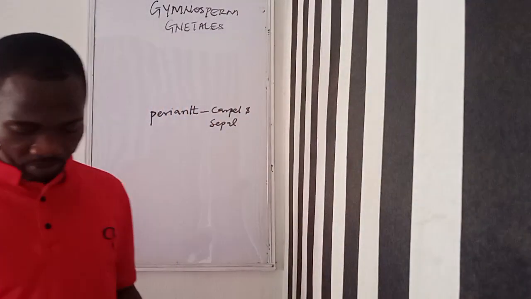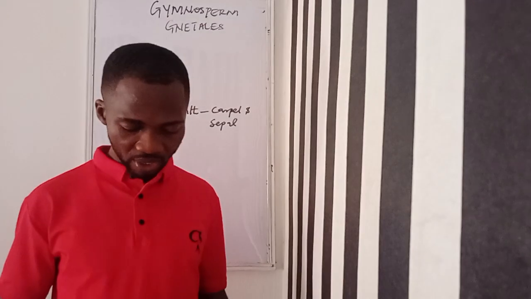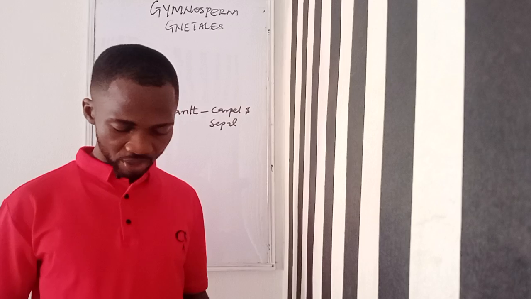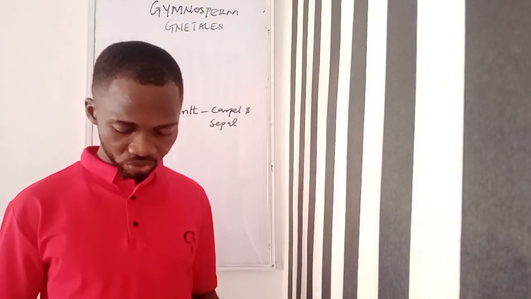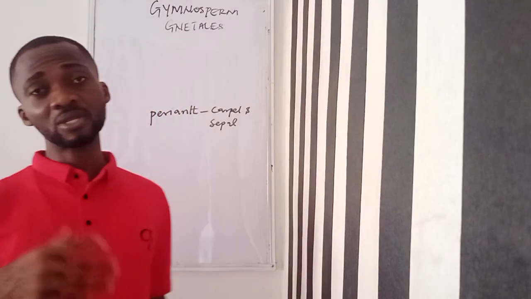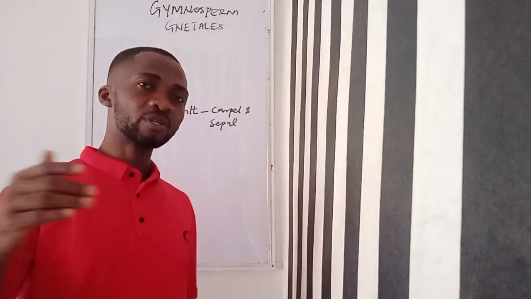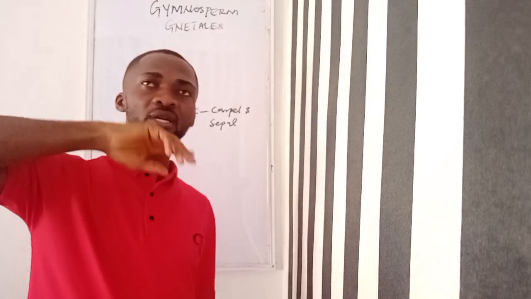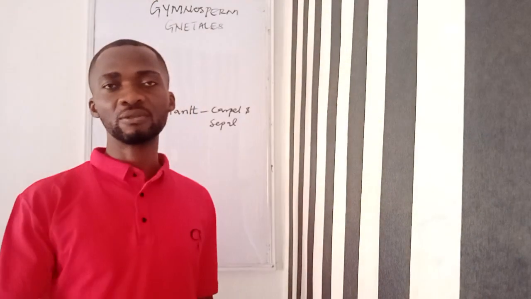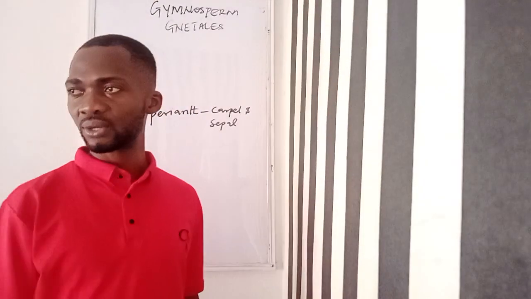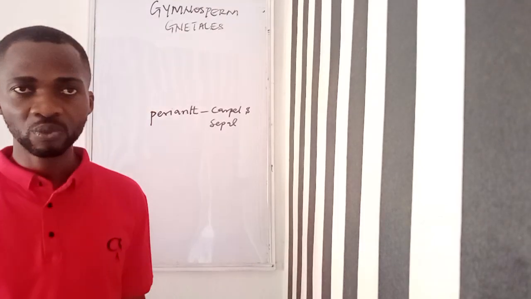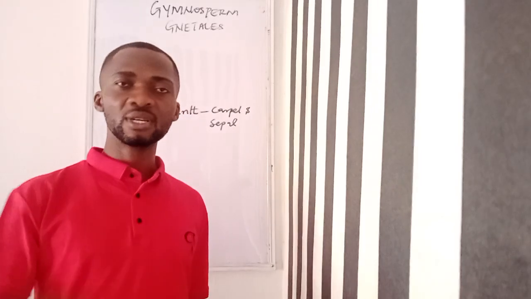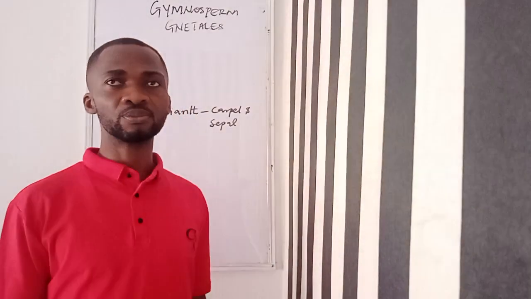megagametophyte. In gymnosperm, pollen grains do not reach the ovules directly, but land on the apex of the stigma. The pollen tube then goes downward through the tissue of the stigma. So this is just explaining what I've explained before. In angiosperms, the pollen grains do not land directly on the ovule. It first lands on the style, then develops a pollen tube that takes it down to the female part, where the egg is located. But for gymnosperm, it lands directly on the exposed ovules.